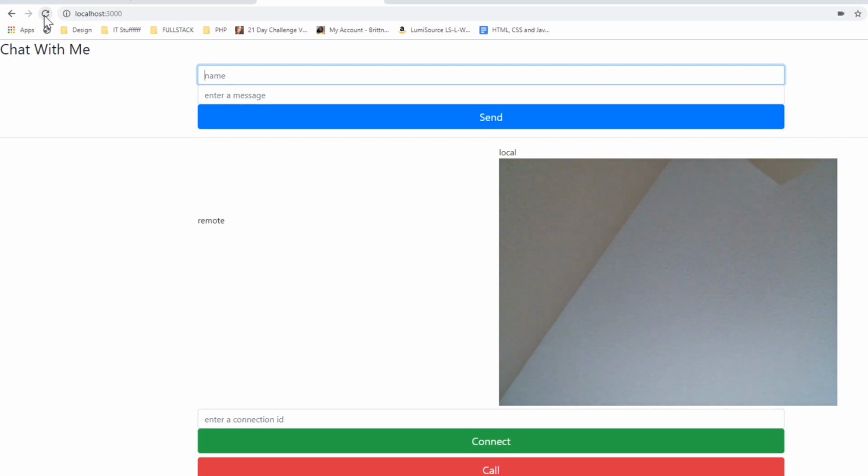So now our next step is we're going to want to display a connection ID. So when the connection ID is displayed, we'll be able to enter it into the input here from a different client. And then when we connect, we'll pretty much be exposing our ICE information to both candidates, and then when we call, we'll be sending over our exchanging information,